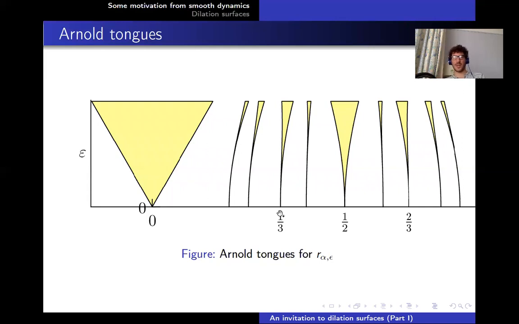Okay, and what I claim is that you can play this little game at every rational number, and you replace a fixed point by a periodic orbit of order the denominator of the rational number that you start working with. And every time you're going to see this little tongue that's getting wider and wider as epsilon grows bigger. So this sort of singles out the line epsilon equal to 0 as very special, because when you look at nonlinear slices, now with epsilon fixed equal to a positive number, and I vary alpha,